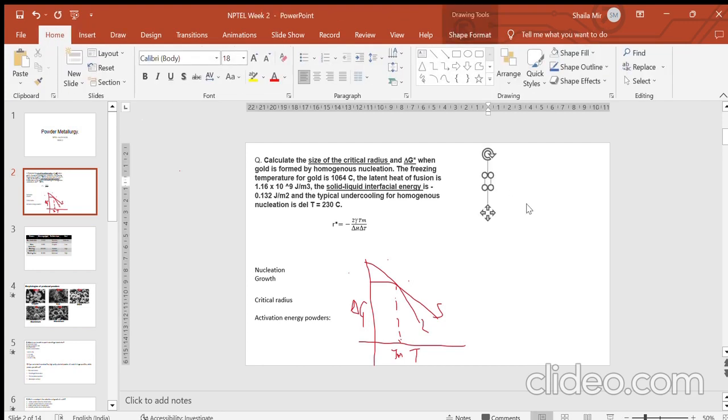I will also start solving it with you. So first, we have to note down the critical radius. What is the critical radius first? The critical radius is a radius at which the surface energies and